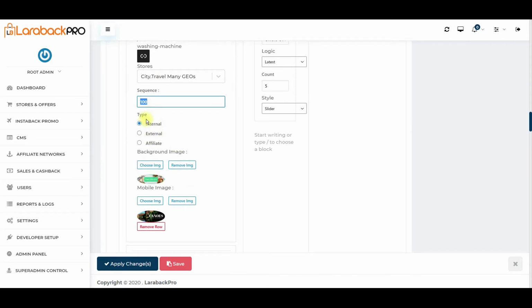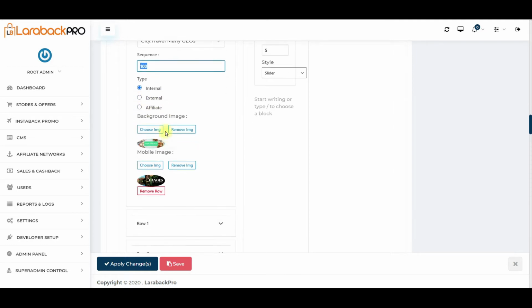There are three different types of hyperlinks: internal, external, and affiliate. Internal, like I mentioned, means store page, category page, or coupon page. Externals are links that go to other websites but need not be affiliate links. For example, you may want to link to a blog page, or you have created a subdomain for some other activity, then you can link to that external page also. Next is affiliate.